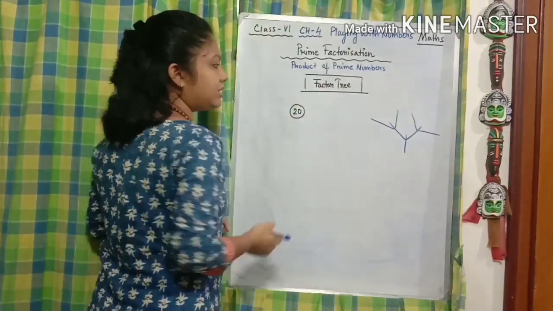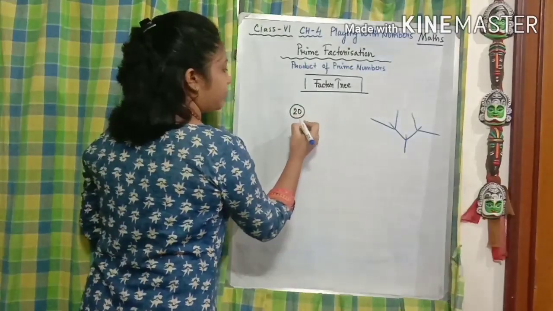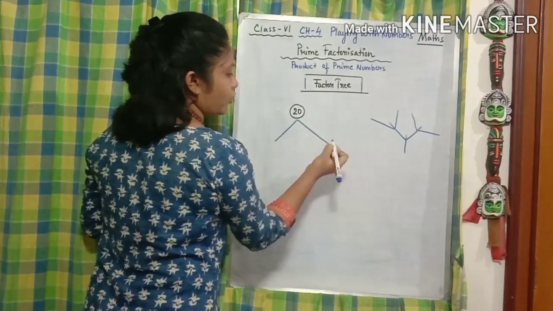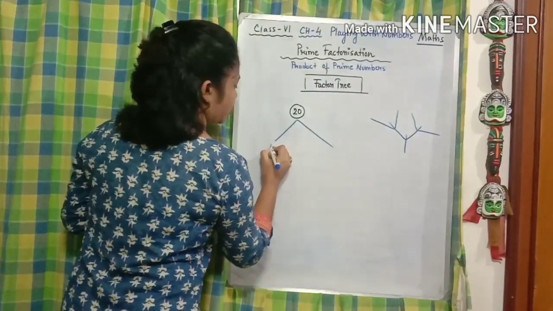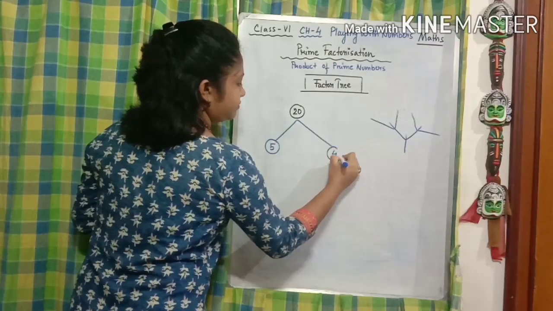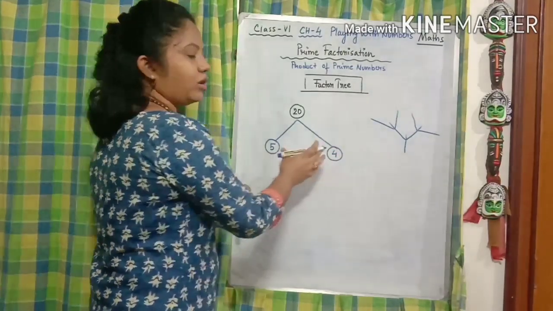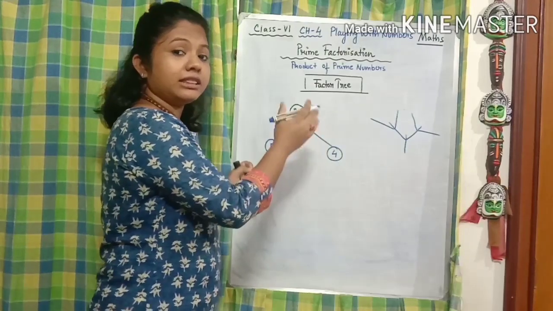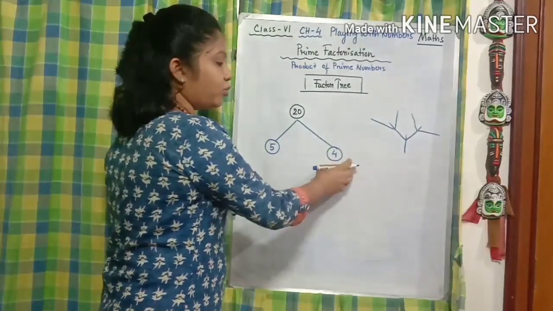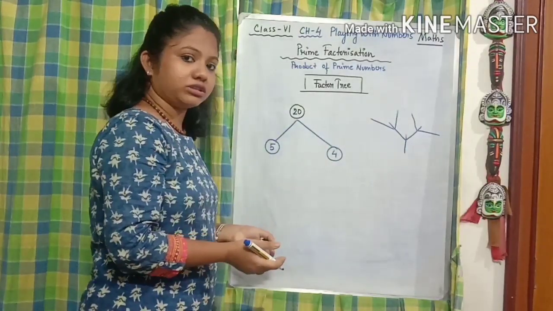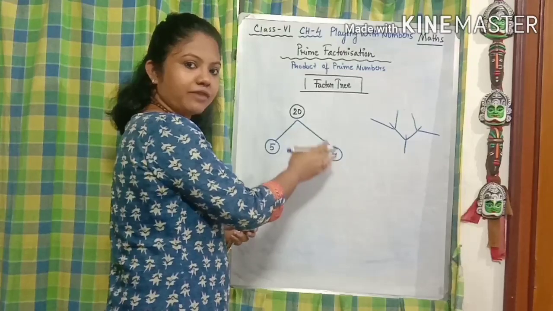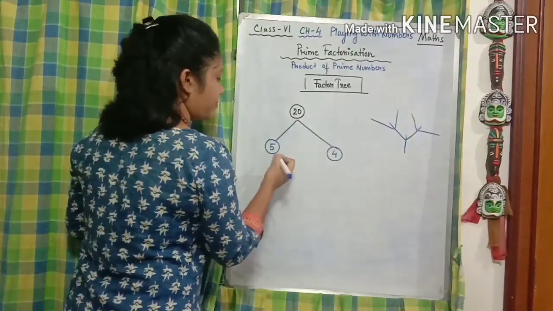So this is a number, 20. We have taken the number 20. Now what are the factors of 20? 4 5s are 20, we can say. So let's write down 5 and 4. Now see this very carefully and say whether it can be further divisible, or whether both of the numbers have any other factors or not. This is 5, this is 4. Are they further divisible? They have their own factors. Let's break this down further.